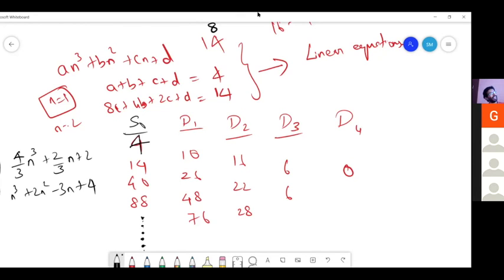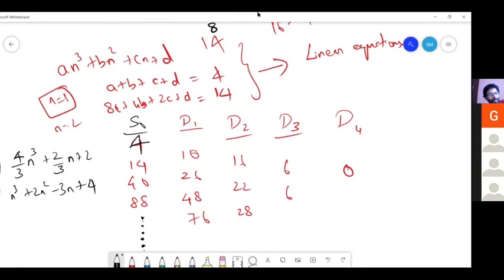Actually, I have another question for Sunil. By just seeing the numbers, how did you predict that it is a cubic expression? For me to figure out it's a cubic expression, I need to find the differences. You need to go up to a certain difference. So for this, the problem was obvious, right? No, it wasn't obvious. At least for me, it wasn't obvious.